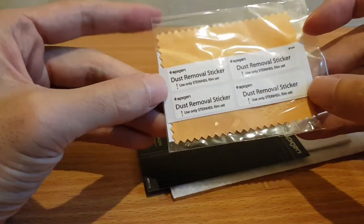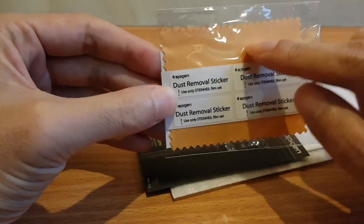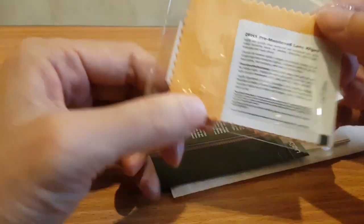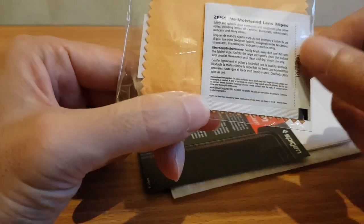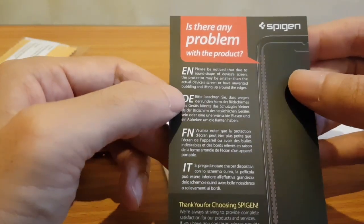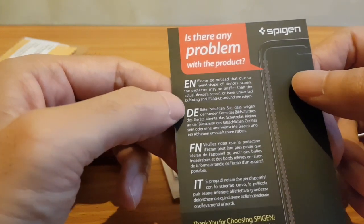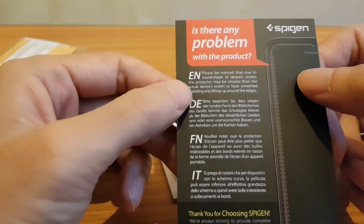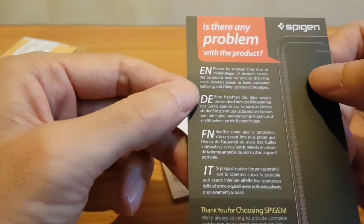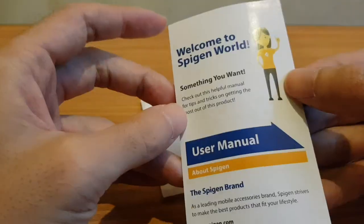So here's a dust remover sticker, a tissue to clean the display, and I think this is an alcoholic wipe to clean the display, single use only. And here it says that the screen protector is slightly smaller than the display because the screen of the phone is slightly curved, so that's something you need to consider. This is a user manual